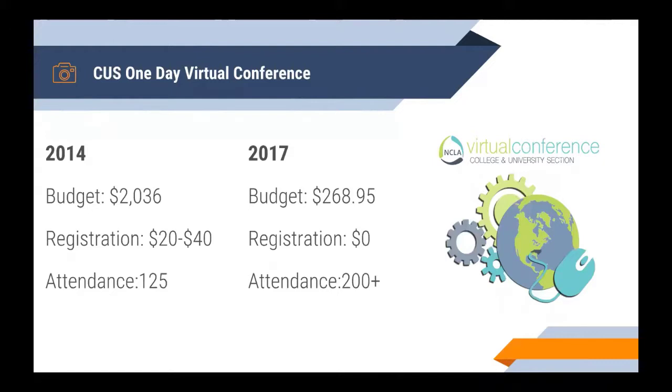And then you need to spend money on the venues so that people have a place to come, parking, food, registration, yada, yada, yada. It gets expensive, as you well know, because you've probably done this in your past. The nice thing about the virtual conference is that the budget was exactly $268.95, and that was the cost of lunch for all of the folks that were co-piloting all the webinars that were going on. So even though we were all running this from the CAE office, the same folks that are running the webinar today, we were running it from App State.